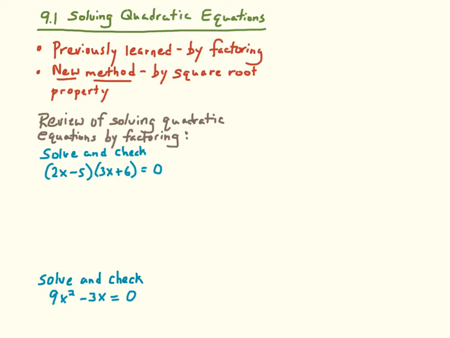That means the highest power of the variable is going to be 2. So for example, if I have x squared plus 3x plus 2 equals 0, that would be an example of a quadratic equation because of this 2. And a quadratic equation can be as simple as x squared equals 100, and solve that equation. So